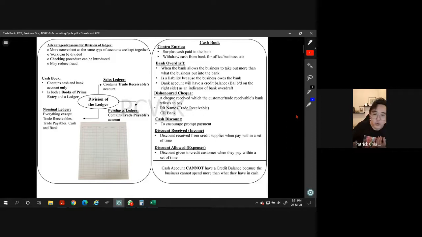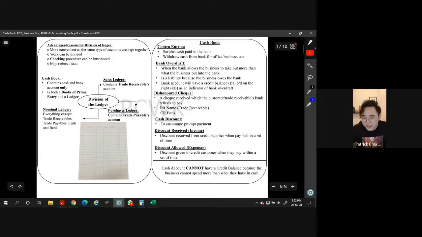So how come no one asks, what about our check? Our check goes to our supplier, it won't be rejected. Of course, in real life, it will. But for our syllabus, somehow, we are perfect. We have to think like this: we are the perfect business. We won't make mistakes. Our bank always has money, and our check won't have problems like no signature, no date. We won't make careless mistakes like this. So that's why the check that we give our supplier won't be rejected. So for our syllabus, dishonored check only refers to a check received.